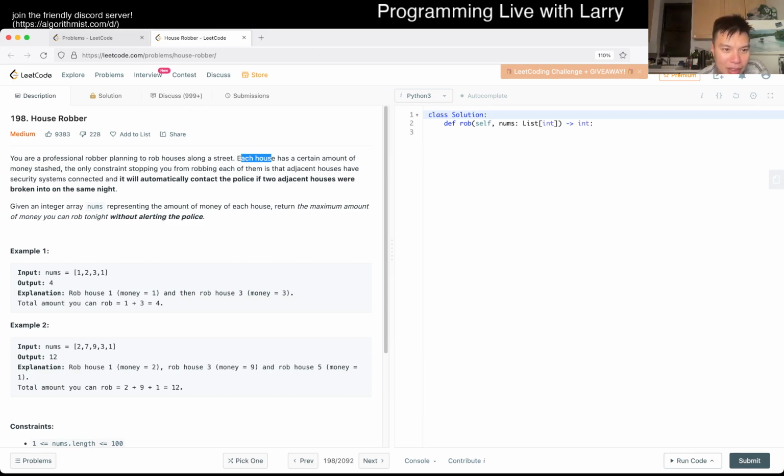Anyway, okay, let's see. Each house has money. These house robber things, I think I made a similar joke before, where I feel like if I say this enough times, I'm going to get a visit from the cops or something. But okay,